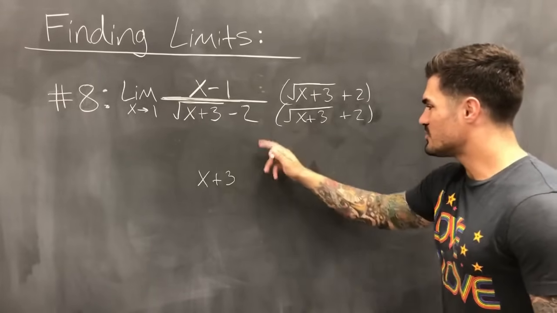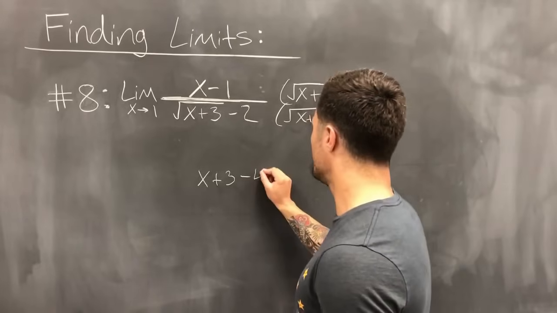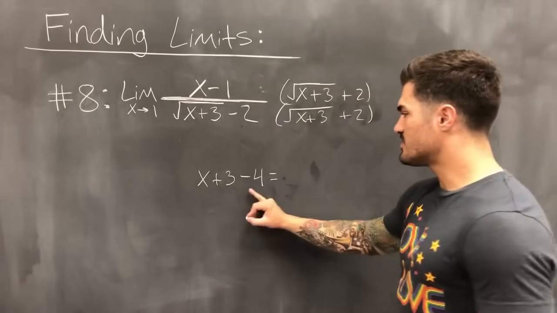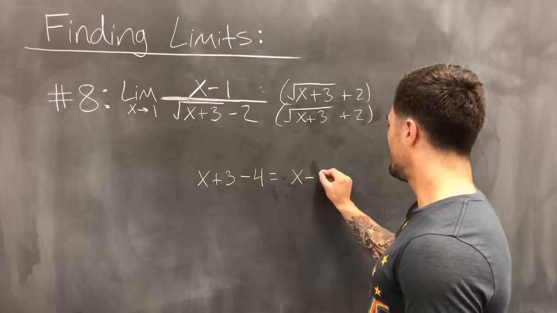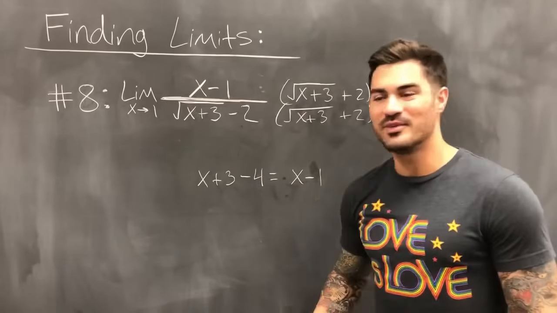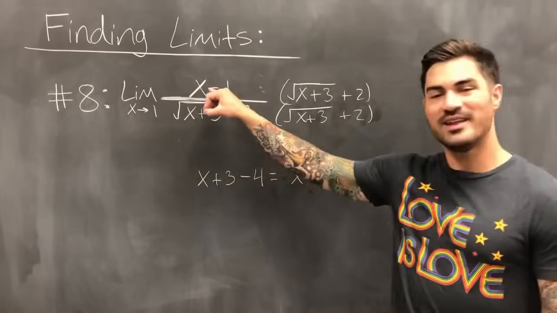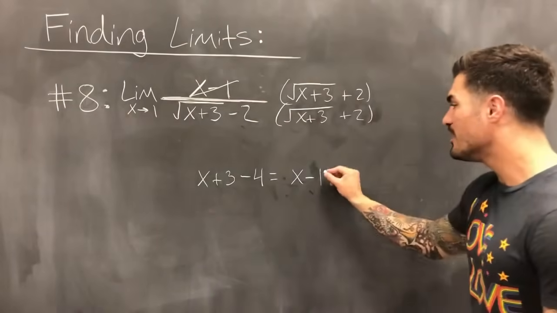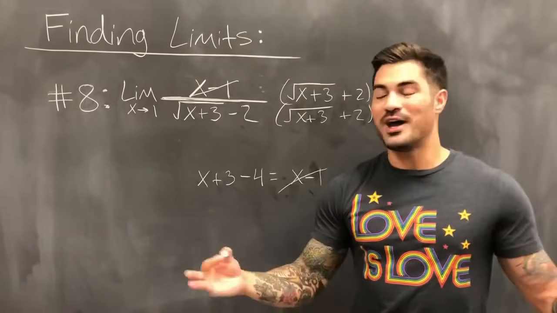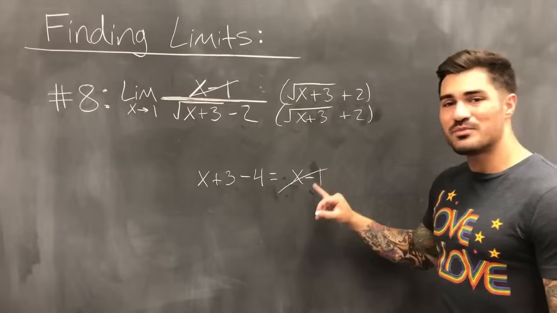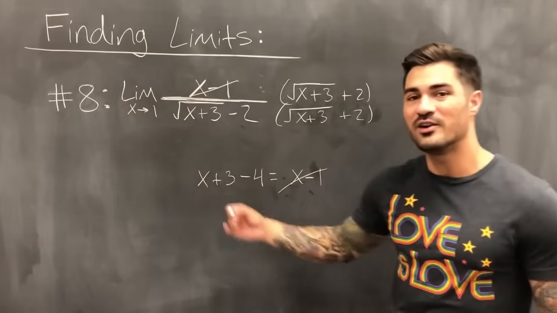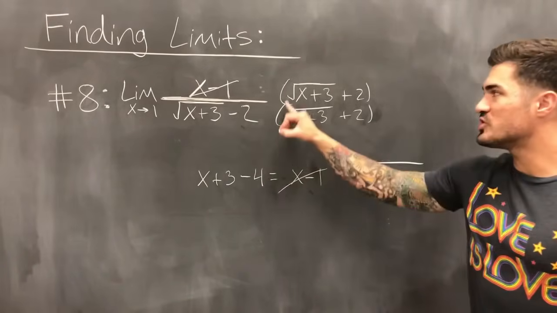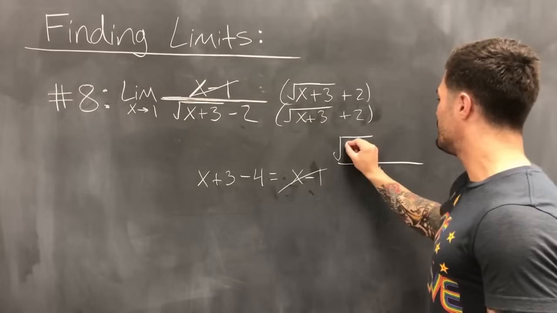Again, those middle terms cancel, so I get x plus 3 minus 4, because negative 2 times positive 2. This simplifies to x minus 1. And now we see why we didn't FOIL that numerator out. Because look, x minus 1 in the denominator, and x minus 1 in the numerator. So I'm just going to reach up here and cancel that. Hopefully y'all follow that. I FOILed out the denominator, and I got x minus 1, which cancels with a term in the numerator. So what am I left with? 1 in the denominator, and in the numerator, I'm just left with this conjugate term, square root of x plus 3